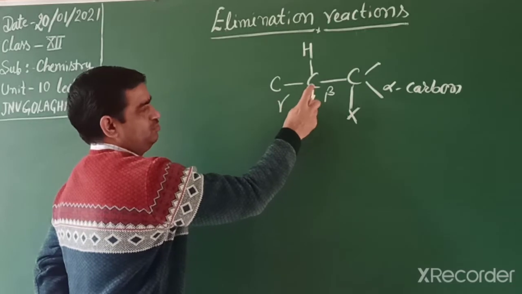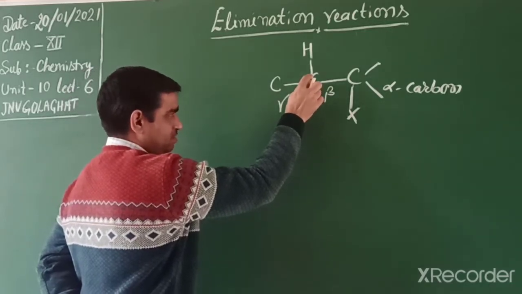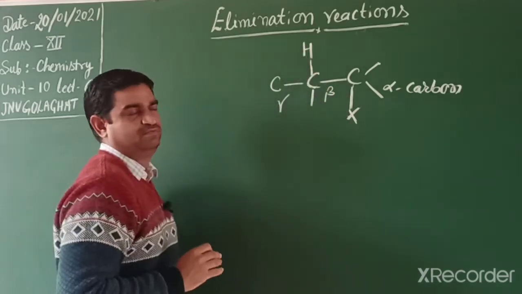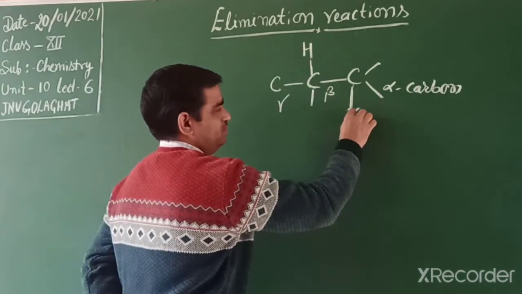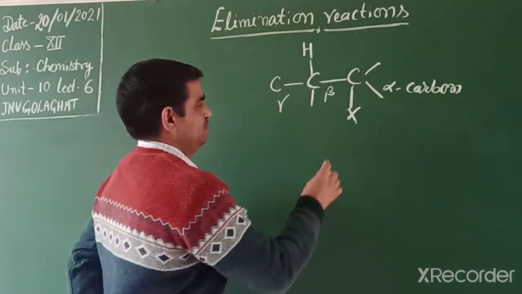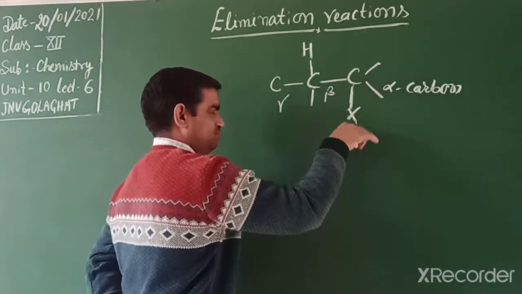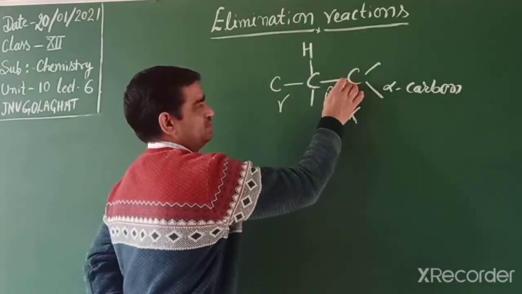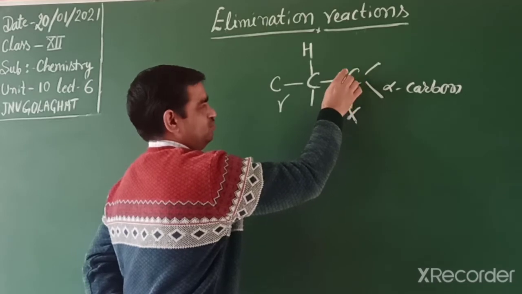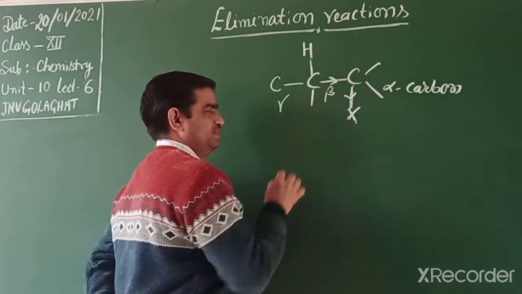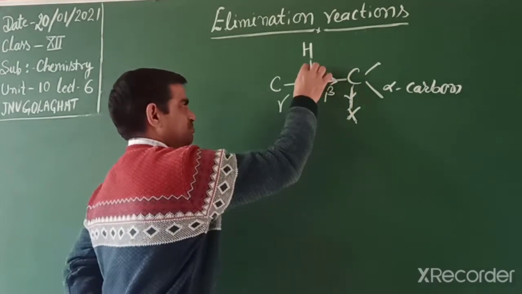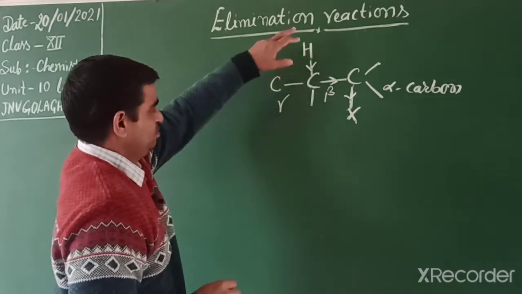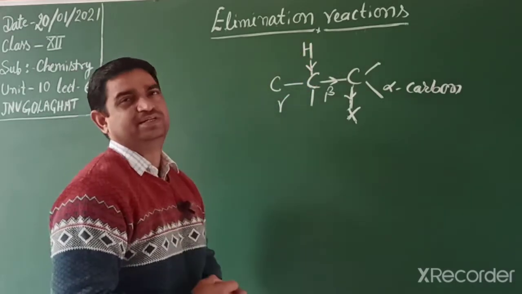So, students, the hydrogen attached to the beta carbon is known as beta hydrogen. Halogen, we know, is highly electronegative. So, it attracts electrons towards the halogen side. So, this carbon bears a slightly positive charge. So, this again wants electrons from the nearby carbon. So, the nearby carbon attracts electrons from the nearby hydrogen. So, this hydrogen is slightly acidic in nature.